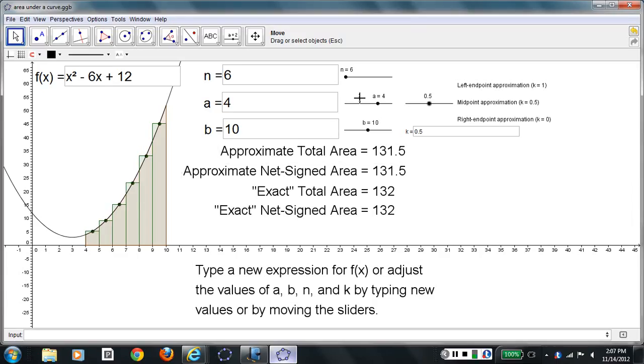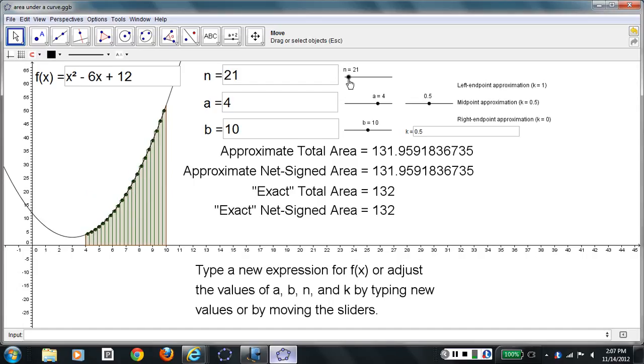Now, what happens if we increase the number of rectangles? 6 rectangles here, 3 rectangles, 1 rectangle. Just use 1 rectangle, it's not that great. But if I go the other way and use maybe 21 rectangles, that's pretty close to 132. If we go with what? 41 rectangles, it's even closer to 132. And if we just push the envelope to 100 rectangles,